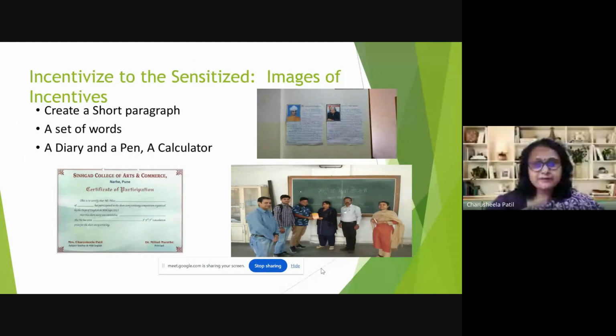These are 4 different things, 3 photographs you can see here, but one incident I would like to narrate. It was in the class. I asked the students to write about 5 words. I gave them different words, and the words I took from the students only. I wrote those words on the blackboard, and then asked the students to develop a meaningful paragraph based on these 5 words.